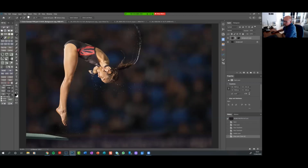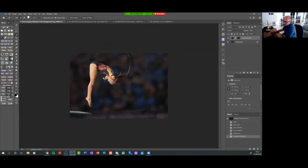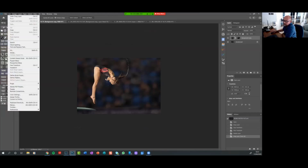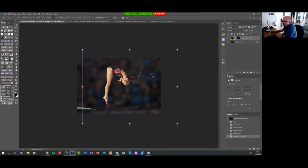Okay, quite obviously she's too big and she's not in the right place. So here's what we're going to do. We're going to make the screen a little bit smaller. Like this, just by pressing this up here to make the canvas a little bit smaller. It's a TK action panel. And now, making sure that she's selected, we're going to go Edit, Free Transform. And that's my go-to method of dragging cutouts around. And as you can see now, it's put a bounding box around it,